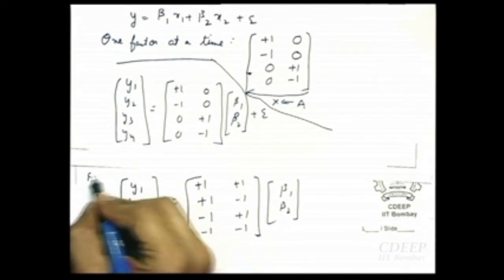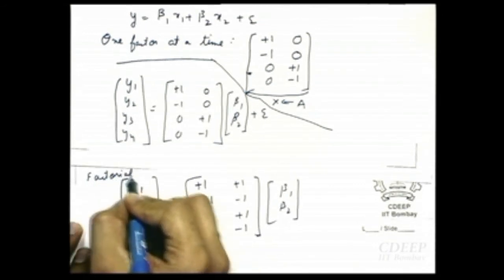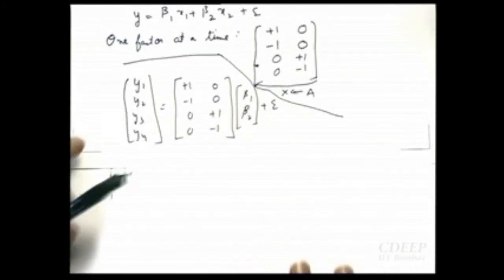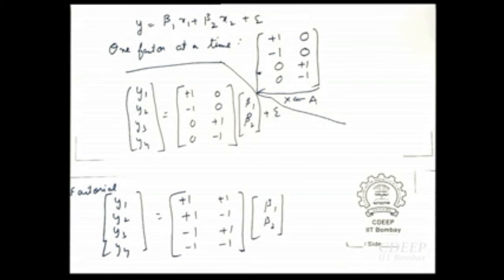When you have perturbed all of them together, this is also called a factorial design. You have this as your data matrix. This is just the data matrix I am assembling for the two cases: when you are perturbing one factor at a time, and when you have perturbed both of them in all the observations. You have done the same 4 experiments in both cases, but in one case the x values were set at these levels, in the other case the x values were set at these levels.